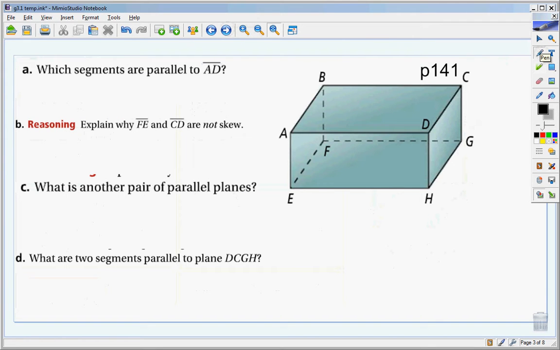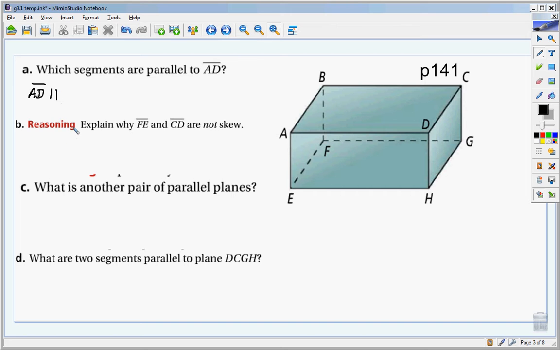Okay. On page 141 then, you should see this diagram. They've actually got some problems worked out. For part A there, it says which segments are parallel to segment AD. So look at segment AD that's going across here. What segments can you see that are parallel to AD? So I could write AD is parallel to,